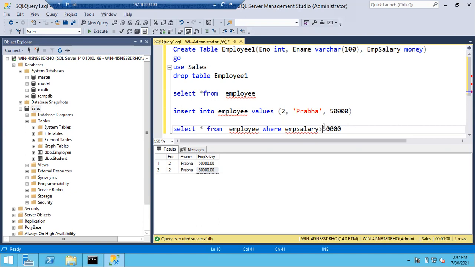You can write in the chat. In case you're getting an echo, just write in the chat. Select star from table name where employee name is equal to Suresh. Very good. In our case, you simply have to change employee name to e name, because the column is e name.